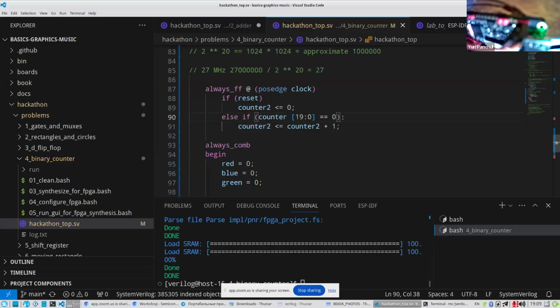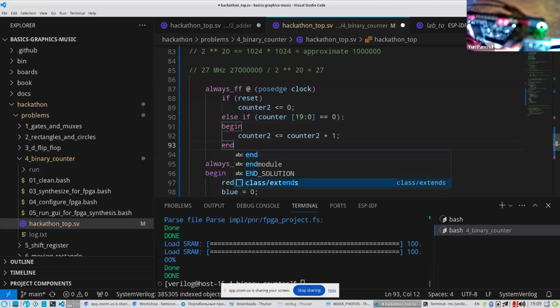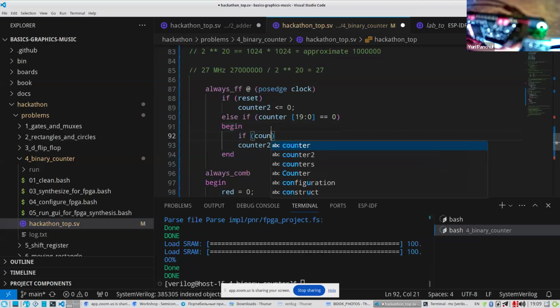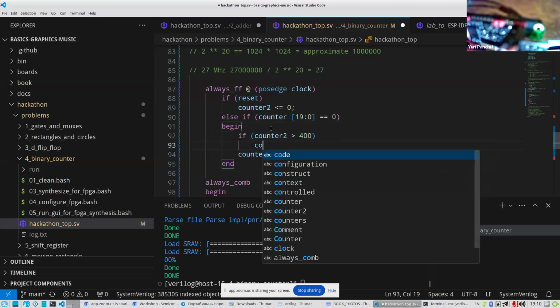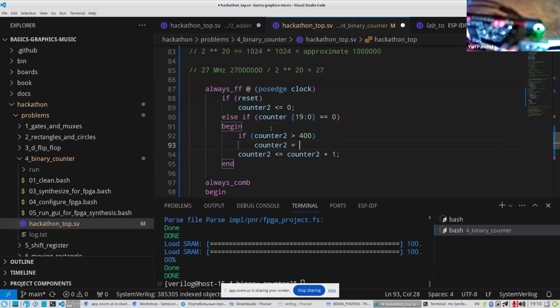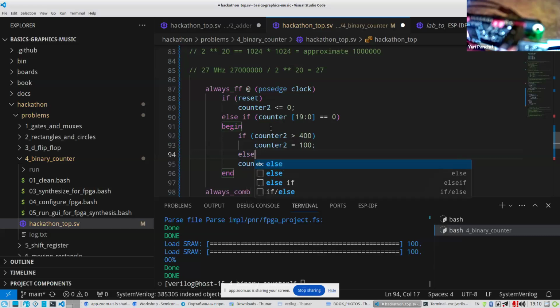Okay, so we can put here a begin end, and we can put here if counter 2 is more than like 400, then counter 2 is equal to 100, else counter 2 is equal to counter 2 plus 1.